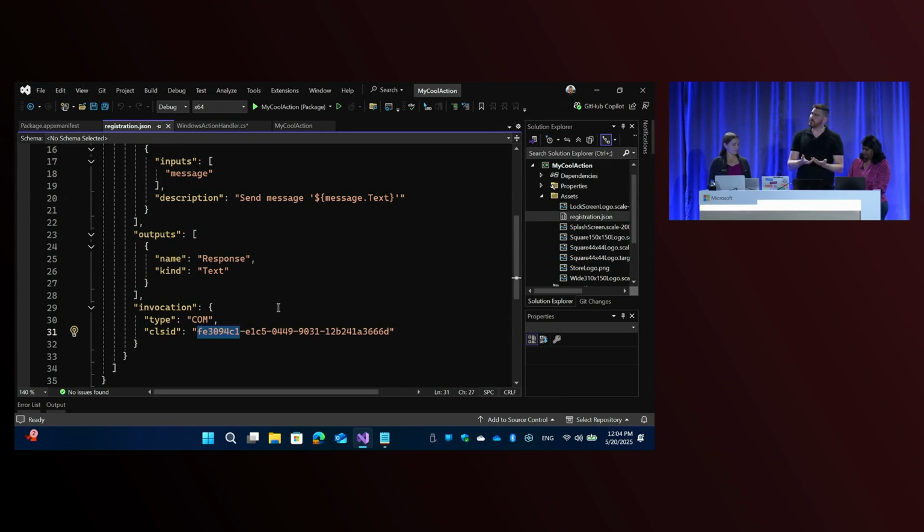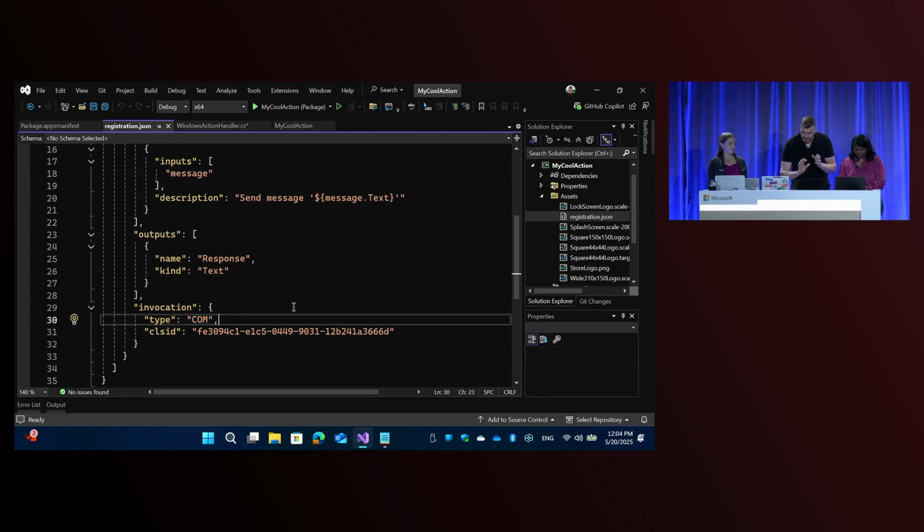There is another way of doing this. You don't actually need a COM server. Let's say that you are, for example, a PWA, and you want to support this. You don't need to have a COM server shipping together with your PWA. You can also just change this to a URI activation, and then you have a URI property that you can just do a protocol activation of your app. And then you would handle that however you would handle that within your app. You don't need to do that for Win32 apps as well, but for PWAs, that's an option, right?